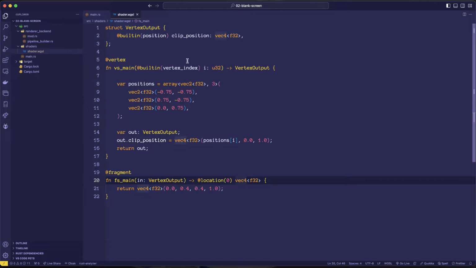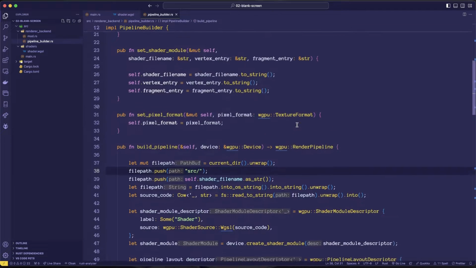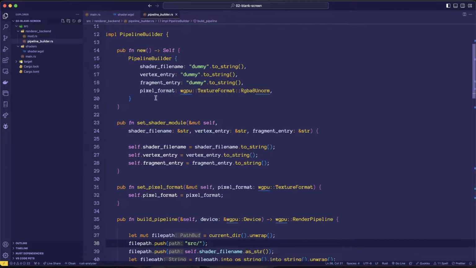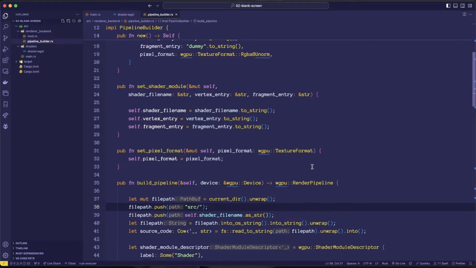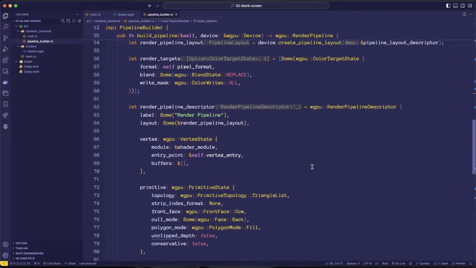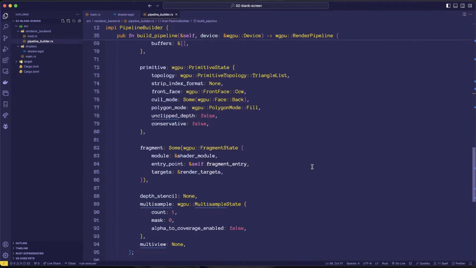The second stage was to make a state machine pipeline builder that does all the heavy lifting of building a pipeline, and if I want to reuse this to make other pipelines, all I need to do is call this set shader module, put in some different file names, and it's ready to go. This one's sort of a nightmare, to be honest. It's a heavy function, but